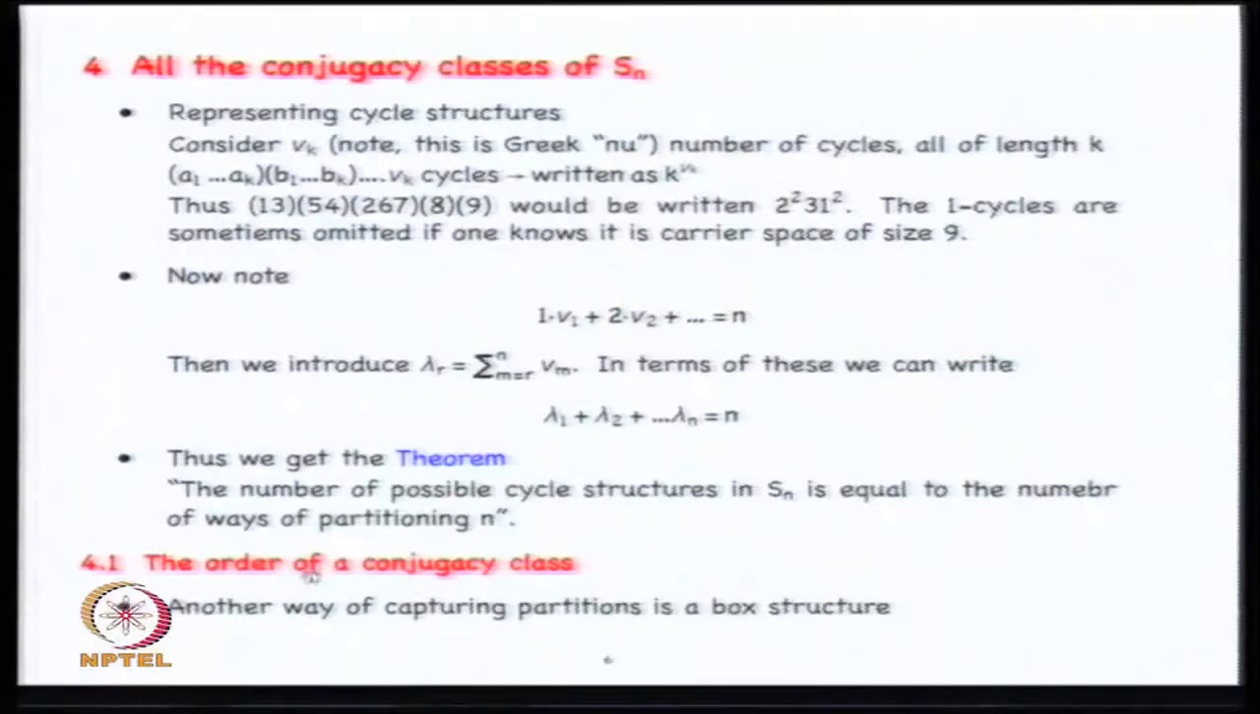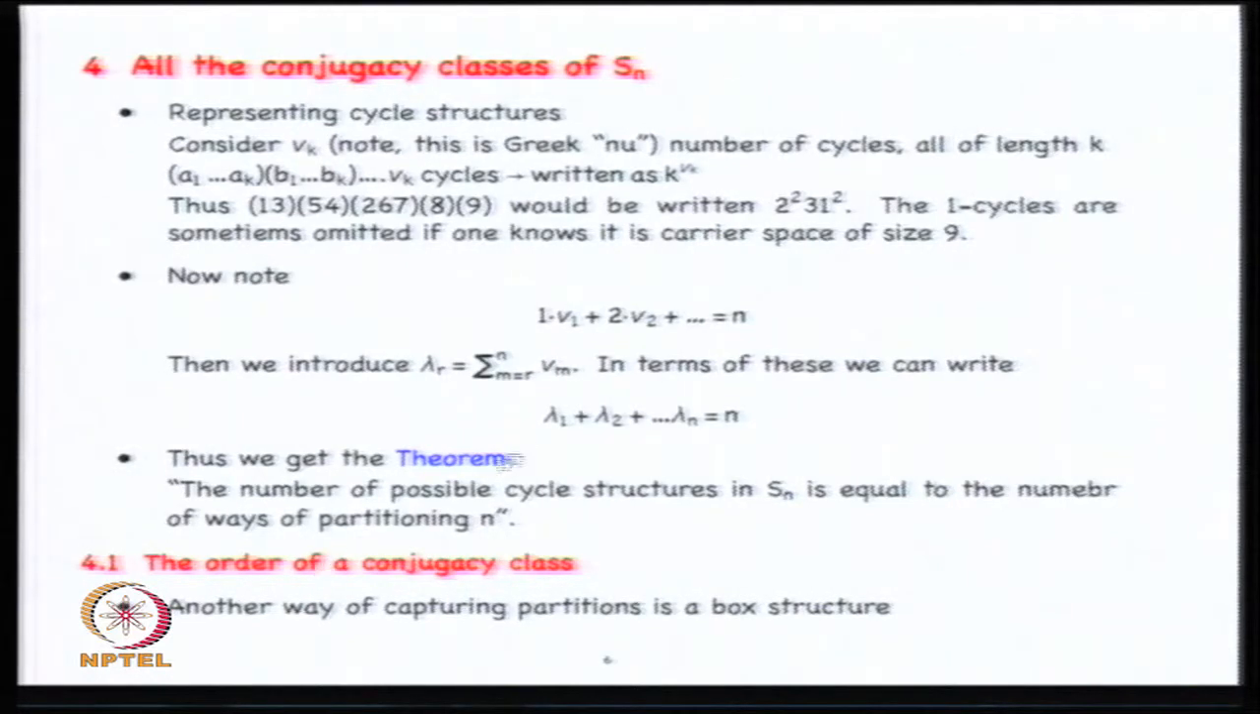How many elements in Sn have cycle structure 2 to the 2, 3, 1 to the 2? So that is called order of the conjugacy. All of those will be in the same conjugacy class because they'll have exactly the same cycle structure, and the number of elements in the conjugacy class is called the order of the conjugacy class. So I will now write a formula, but not really prove everything,